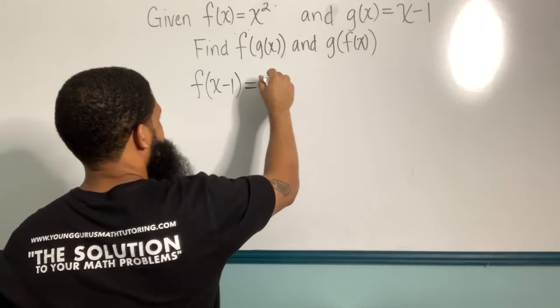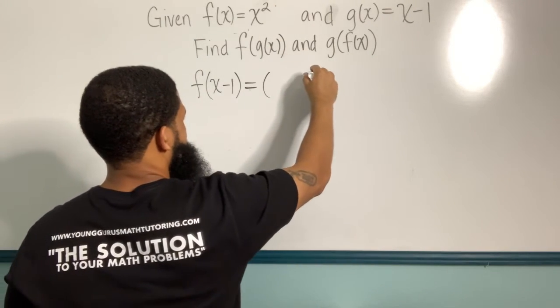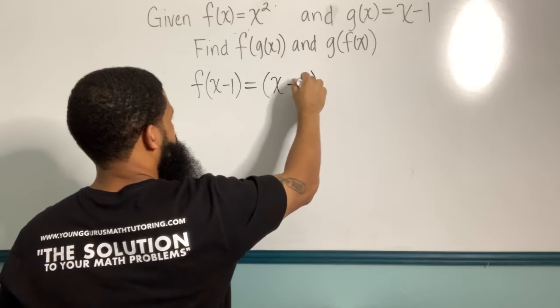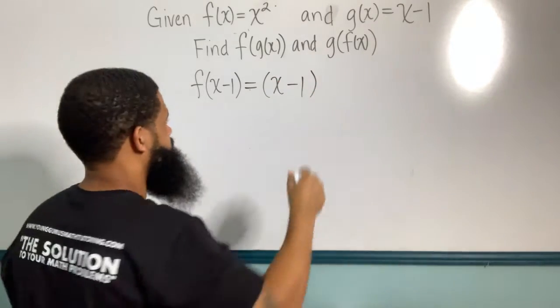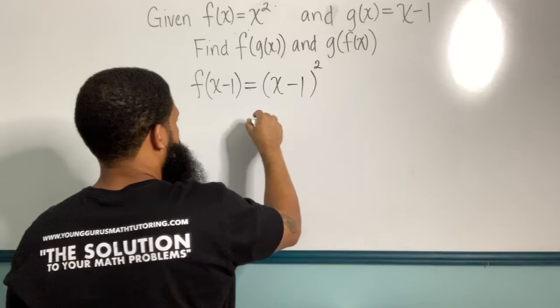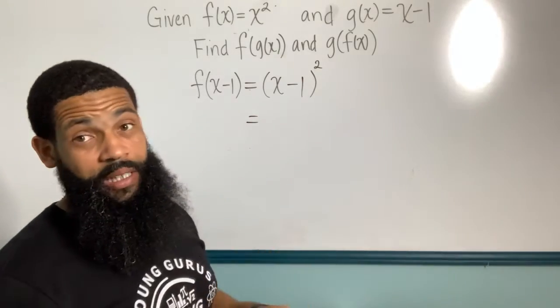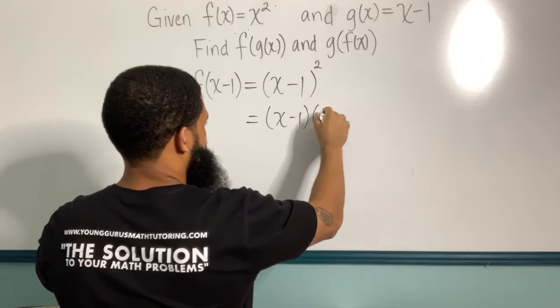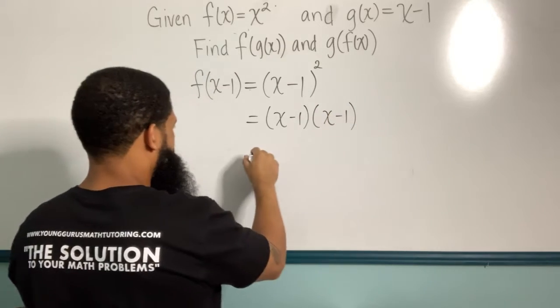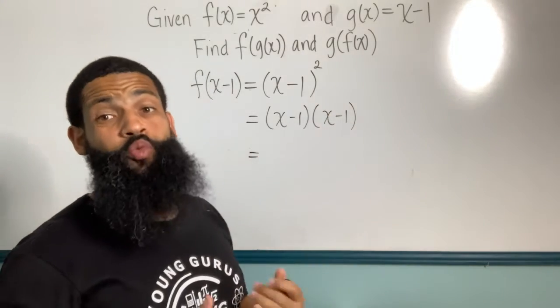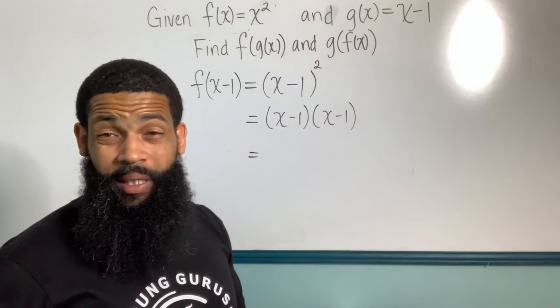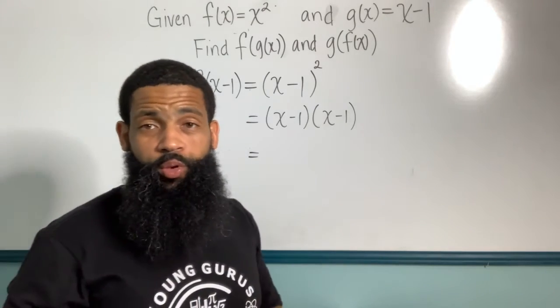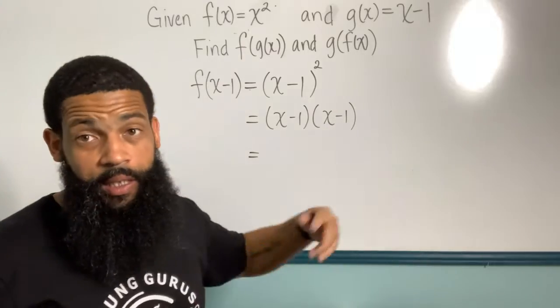So then I'm going to take the function f of x, which is x to the second power, and I'm going to substitute x minus 1 for x. Okay? Now we're simply going to multiply that out. Now this is the same thing as saying x minus 1 times x minus 1. You can use whatever method that you want, FOIL method, double distribution, whatever method you want to multiply these two